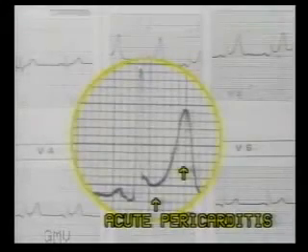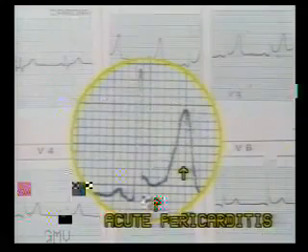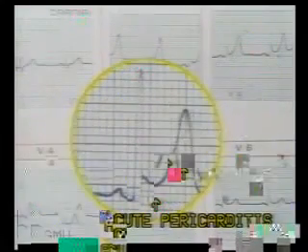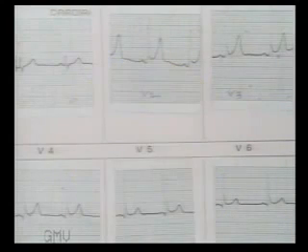The second cause of ST segment elevation is acute pericarditis. This ST elevation is concave upwards with upright T waves. So it mimics the hyperacute phase of myocardial infarction, and even clinically the pain is identical. But pericarditis is a diffuse process. So ST segment elevation is seen in all leads, anterior and posterior, and chest and limb leads.